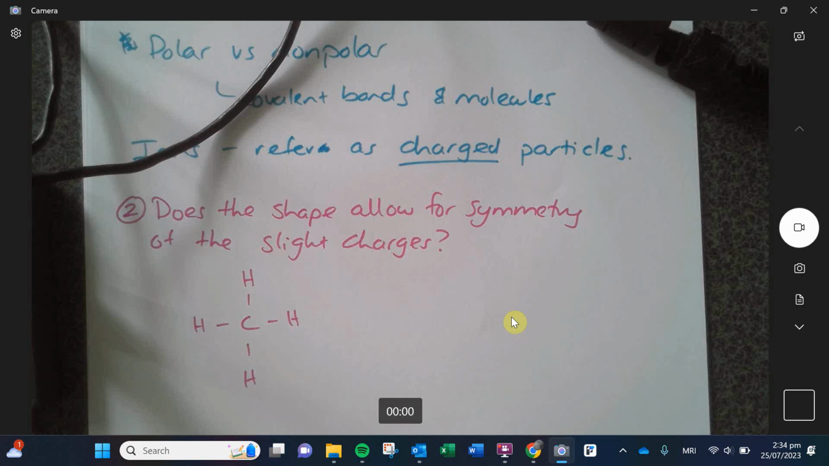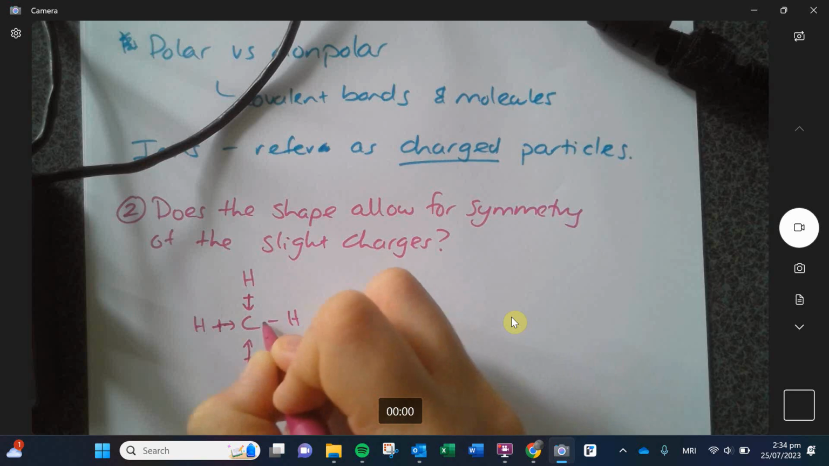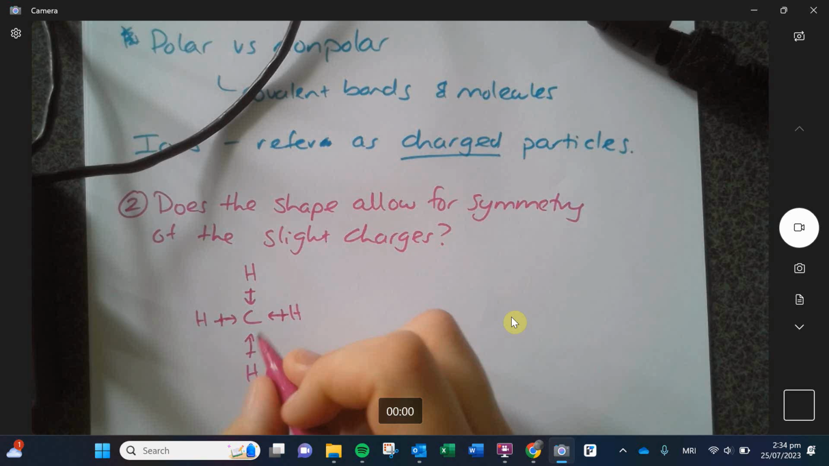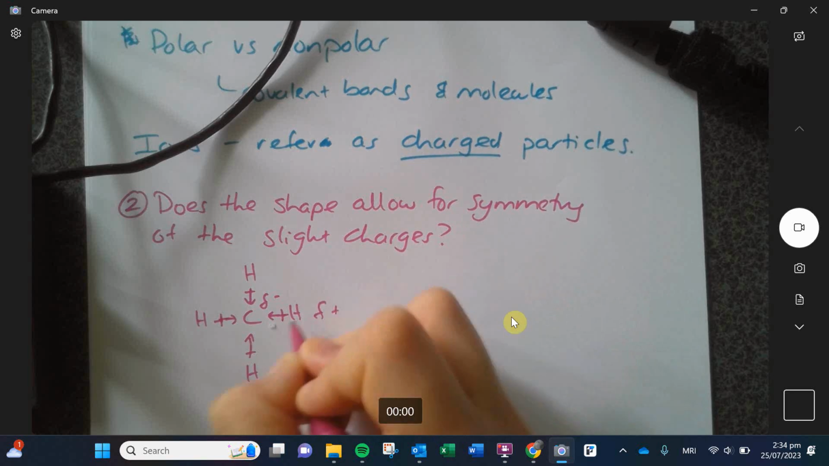Are we okay with that? So slightly polar with the carbon pulling the electron slightly closer to it. So the way I would annotate that would be I would have these little arrows. And I'm putting these little positive signs because what I'm trying to explain in that image is that the carbon is pulling those electrons closer to it, making it slightly negative. And then the hydrogens, because they don't have those electrons as close to them, they're going to be slightly positive,